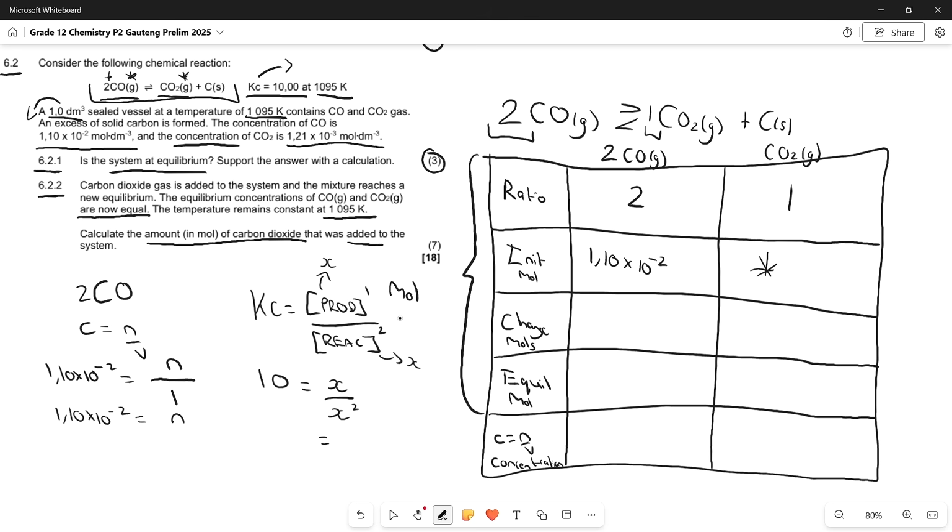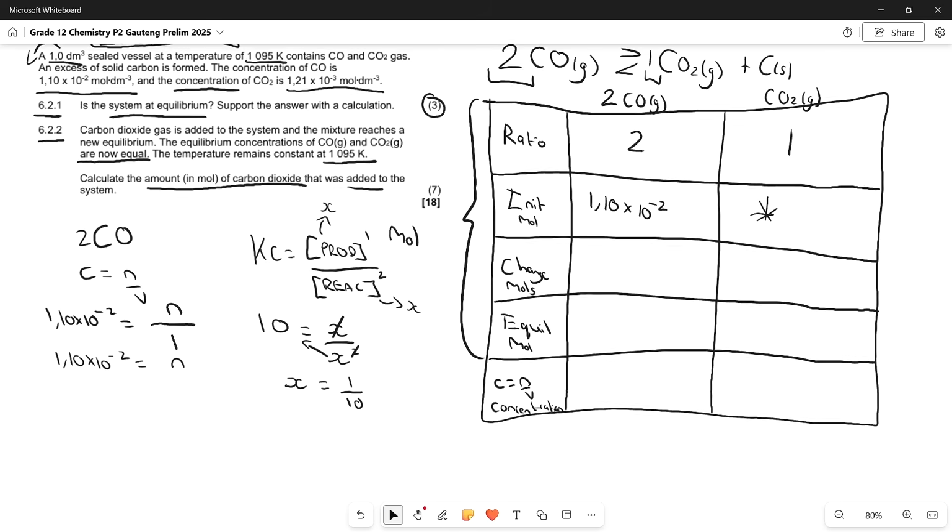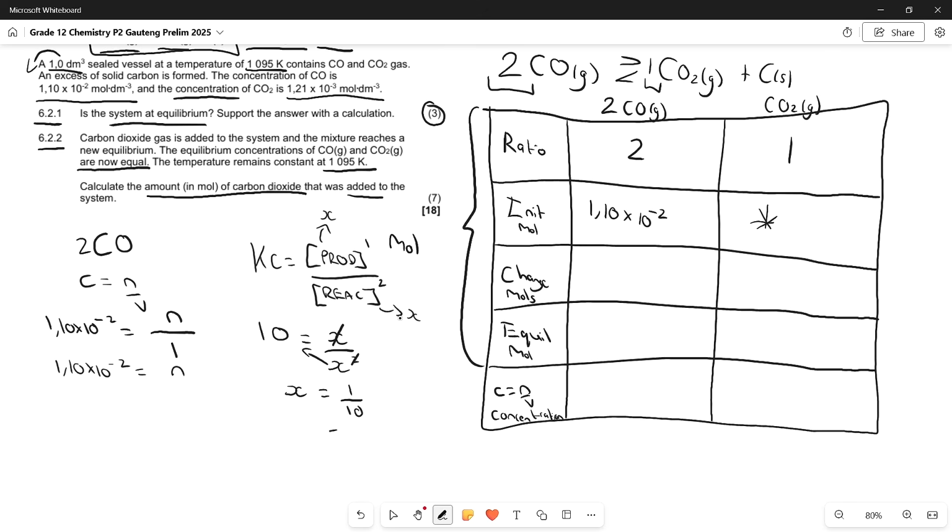If we go ahead and simplify, the 2 is going to disappear as we simplify one of the x's over here, and then if we're going to resolve this where we have a 1 left at the top, we're going to bring the 10 down to the bottom, and we're going to move the x up top over there. So we're just cross multiplying now, and this is telling us that the x value is 0,1 mol.dm to the negative 3. And that is just because the temperature remains constant, therefore Kc is the same, and they are now equal in terms of concentration,